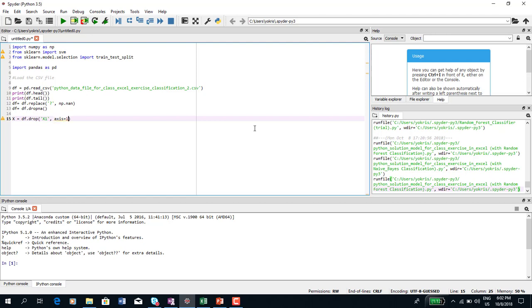Why axis equal to 1? If axis is equal to 0, it represents the column. So axis equal to 1 in Python represents the rows. So axis equal to 1 is the rows. Axis equal to 0 is the column. And y,